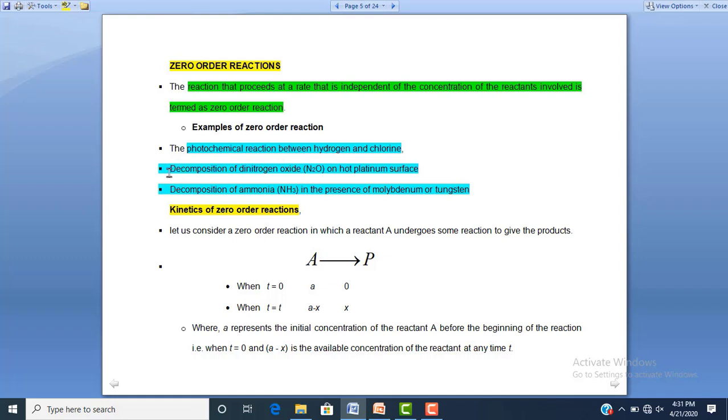Similarly, decomposition of dinitrogen oxide on the hot platinum surface, it is also zeroth order reaction. Decomposition of ammonia in the presence of molybdenum or tungsten, it is also zeroth order reaction. And dear students, the other main reaction